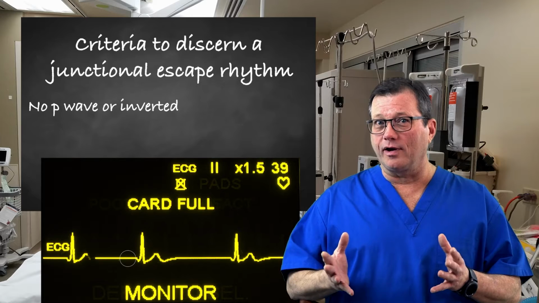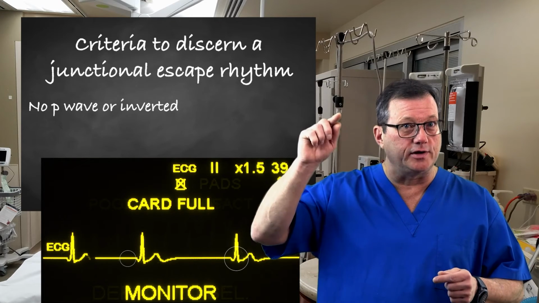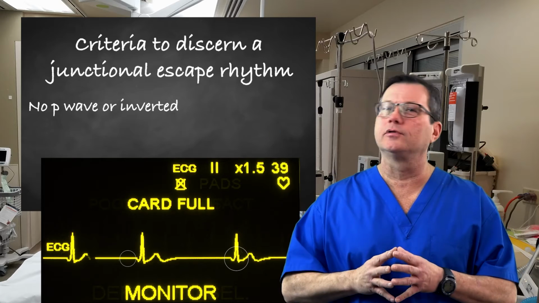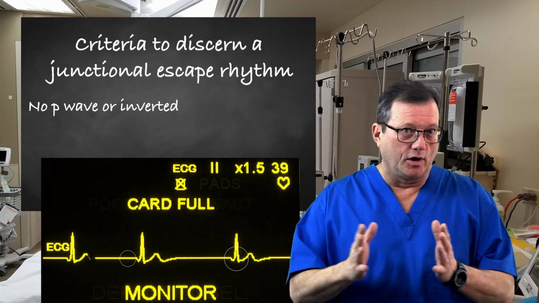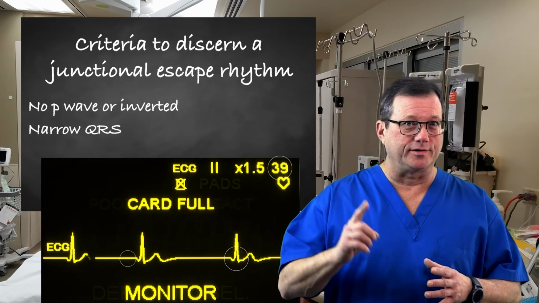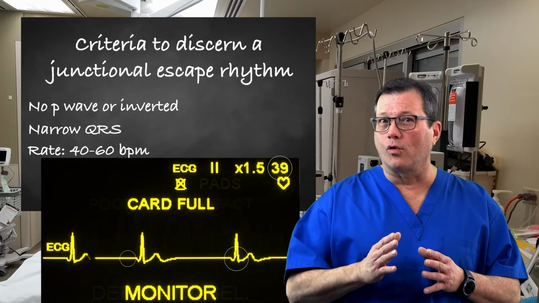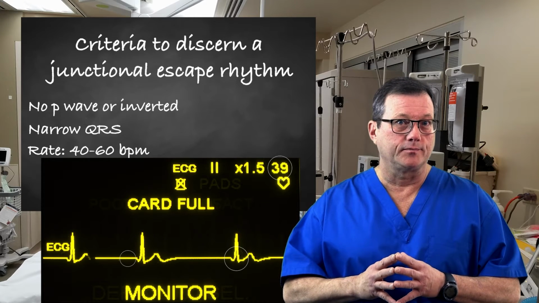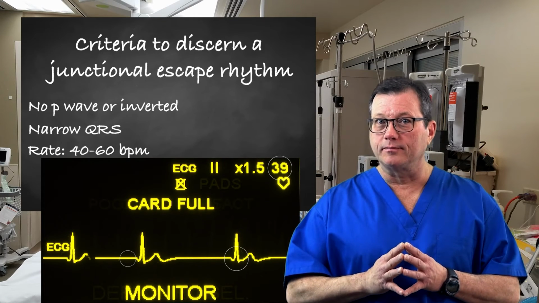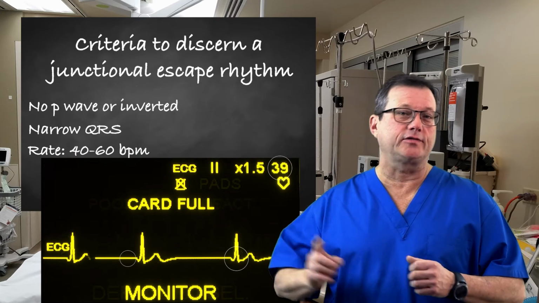Next, the QRS should be normal. Again, the conduction is originating at the AV node and taking a normal path through the ventricles, which should produce a normal narrow QRS. Next, the rate. The inherent firing rate of the AV node is between 40 to 60 beats a minute. So narrow complex, no P wave, a rate between 40 to 60 per minute,